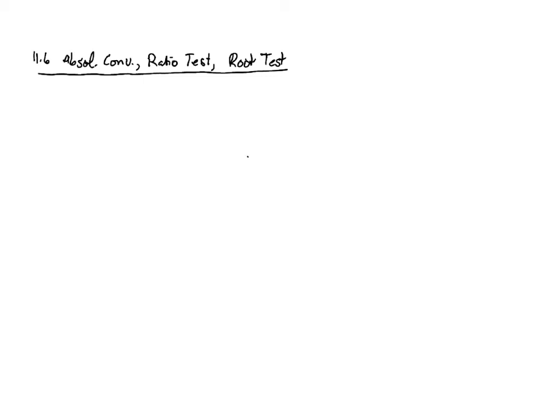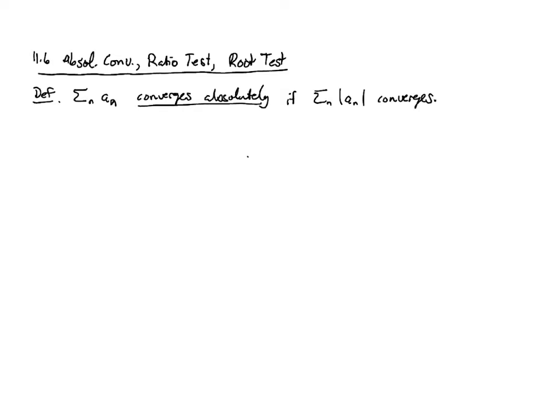So, definition: a series of terms a_n converges absolutely, or is absolutely convergent, if the series of absolute values converges. And the point of looking at this, there are lots of points, but the main one is in the following fact,